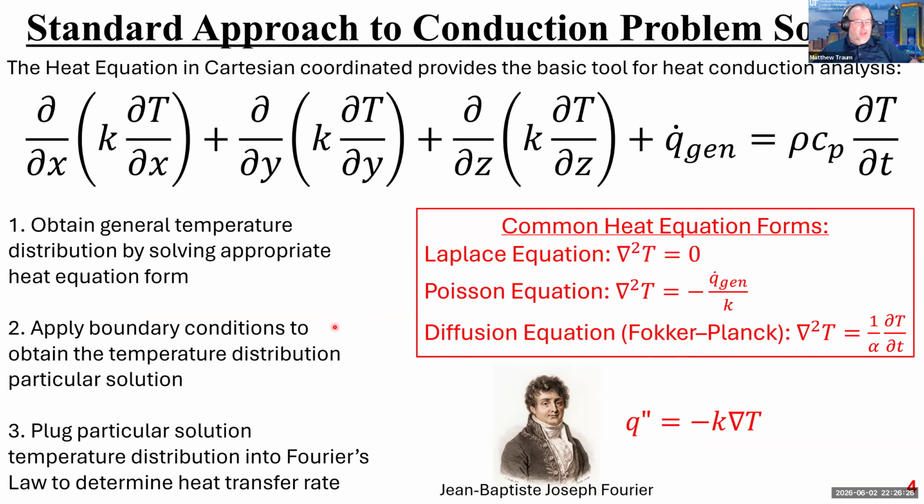We're going to end up with an equation that has a number of constants in it. And those constants we don't know, right? Because we got those constants from an integration process. And so we're going to need to apply the boundary conditions to pin down the values of those constants. So that gives us a so-called particular solution for our specific problem with the boundary conditions set the way that they are. And then once we have that temperature field with all the constants pinned down from the boundary conditions,